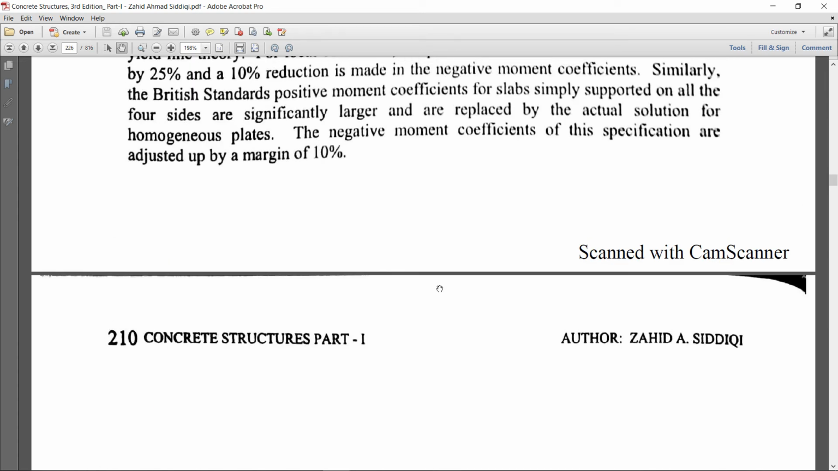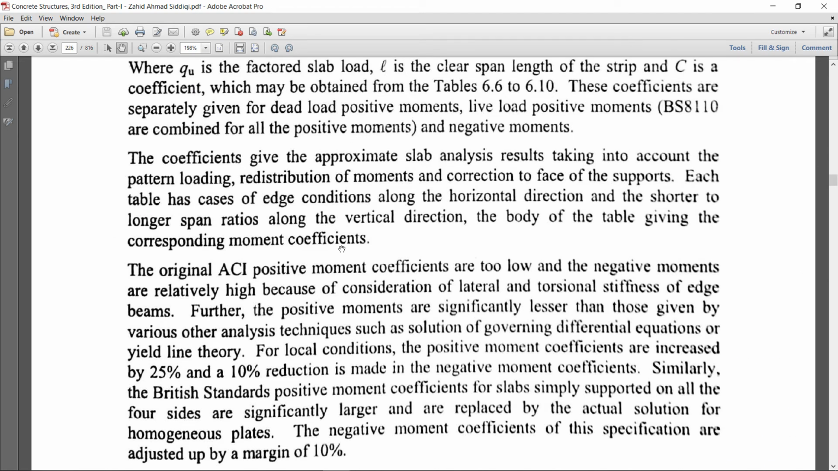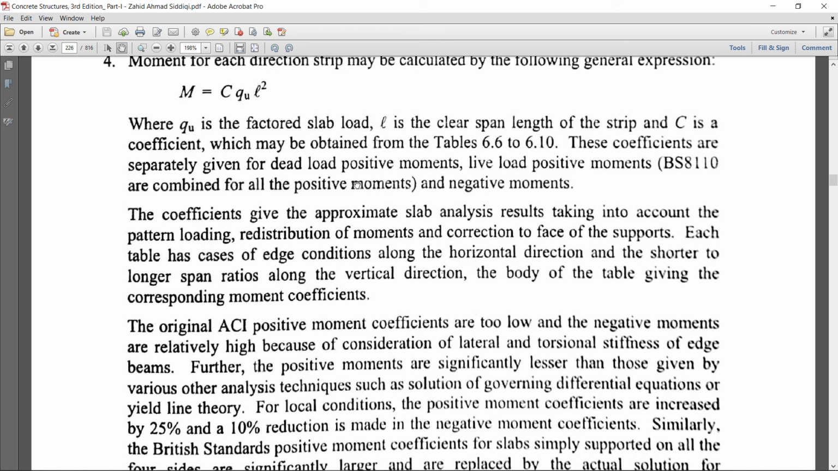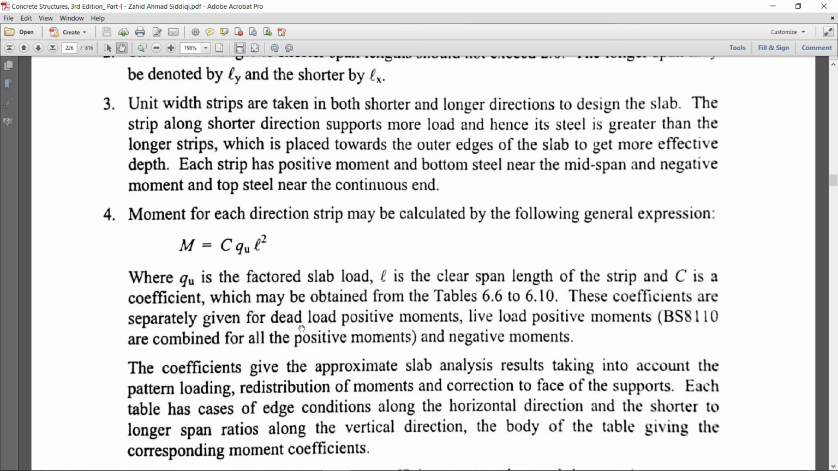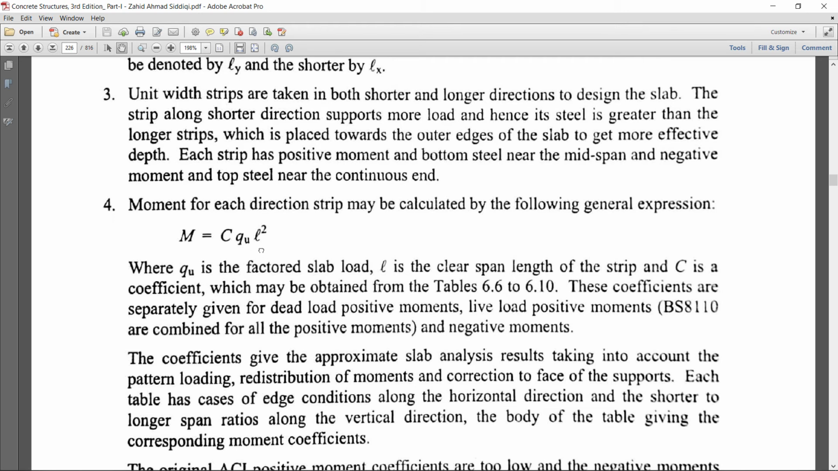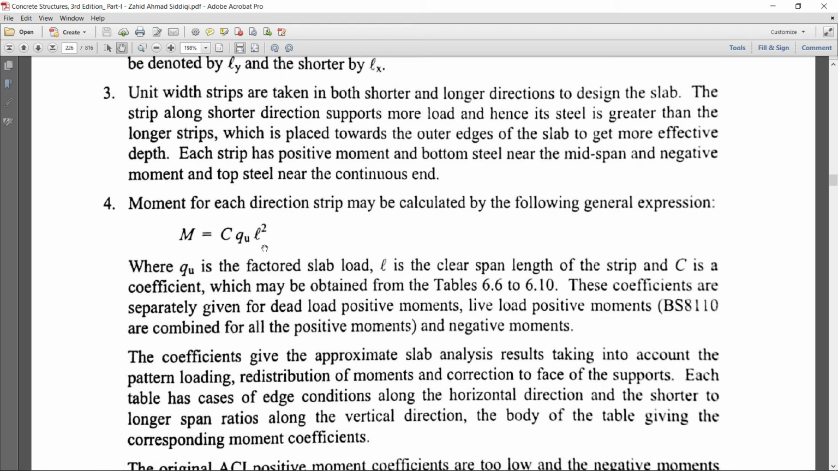So that is the fourth point. We will go to the corresponding table, and we will get the coefficients and then we will get the moments. So what are the coefficients? When there is a simply supported slab or beam, the moment is qL square by 8 or omega L square by 8. So if there is a continuous edge or a number of slab panels, we have to